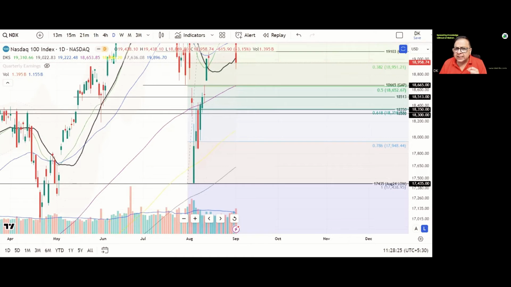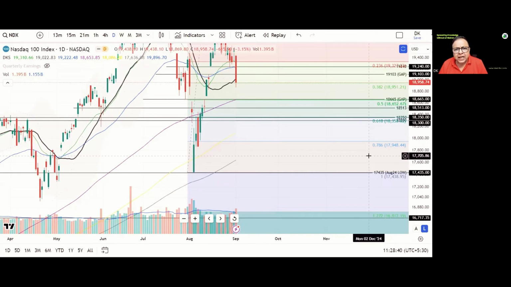But where is the 61.8% retracement level, which is a golden ratio? So the major support exists at around 18,300, which is a 61.8% retracement level. But I see an immediate support at this area of gap, SMA 144, and the retracement level,